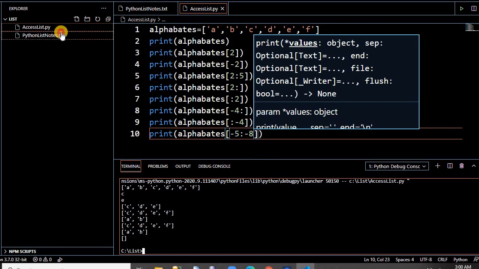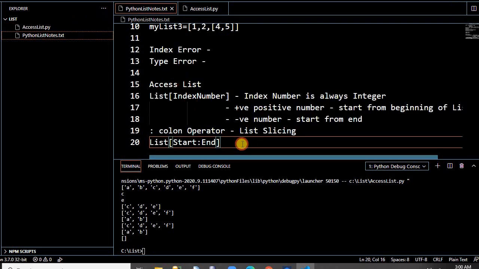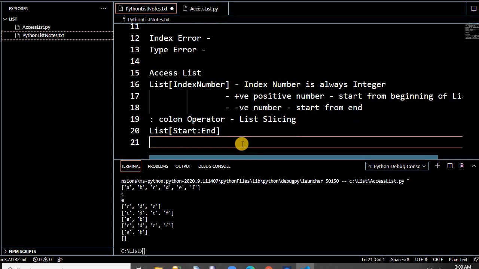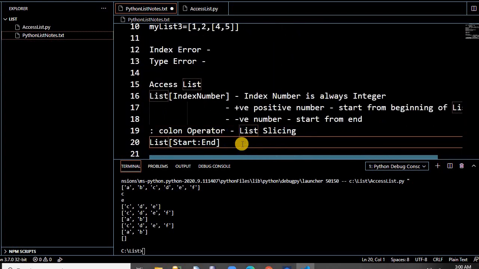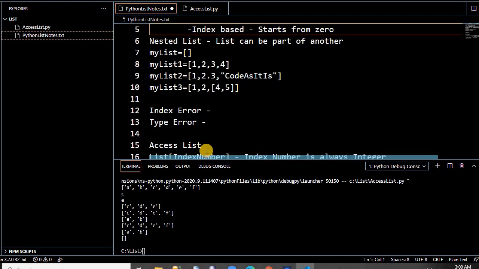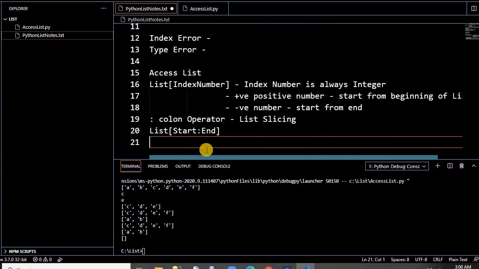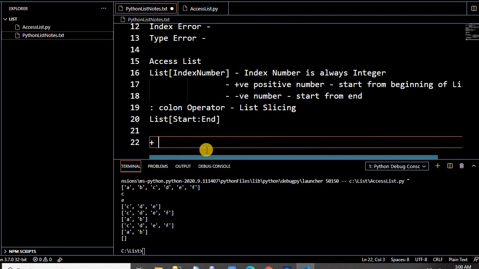Okay, the second concept. Suppose we have more than one list, two lists. How will we concatenate the lists and get a single list from the two lists? There are two ways. Either you use the plus operator, or there is the extend method.